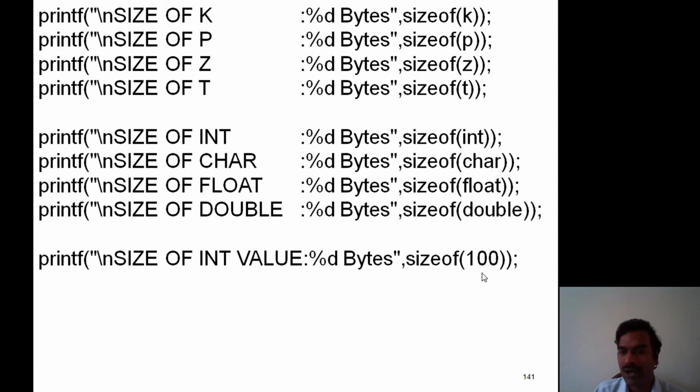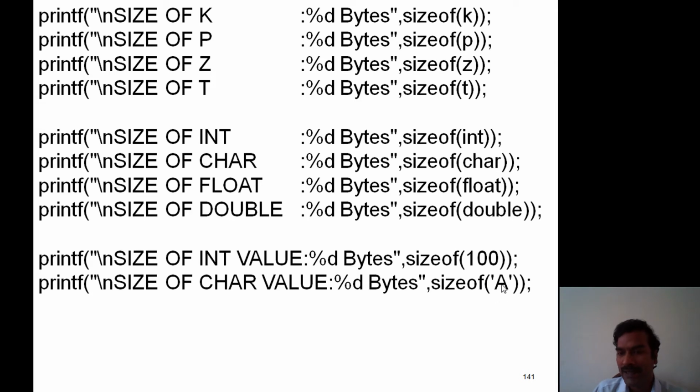Now this time, constant values. Now sizeof 100. 100 is an integer constant, so this one is 2 bytes. Sizeof a character constant. Remember, here we pass a character constant, but it prints the size as 2 bytes. Now small doubt, it is a character constant, why does it print 2 bytes?